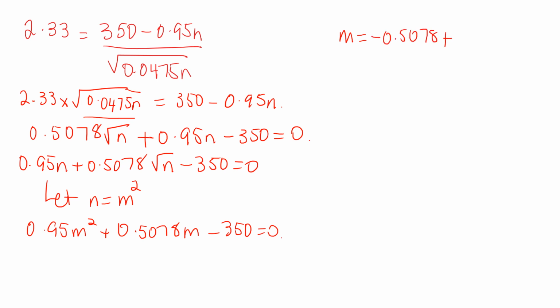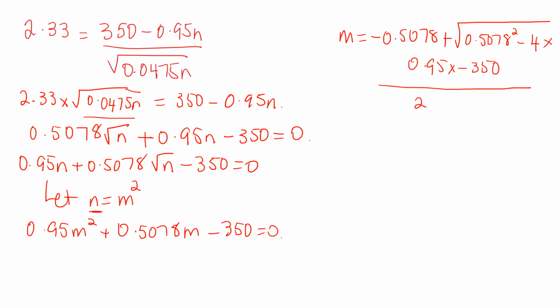I only need the positive because remember n represents the number of tickets we're going to sell, so it's going to be positive. Square root of b squared minus 4 times a times c all over 2a is equal to, all right, let's see if I can get this right,